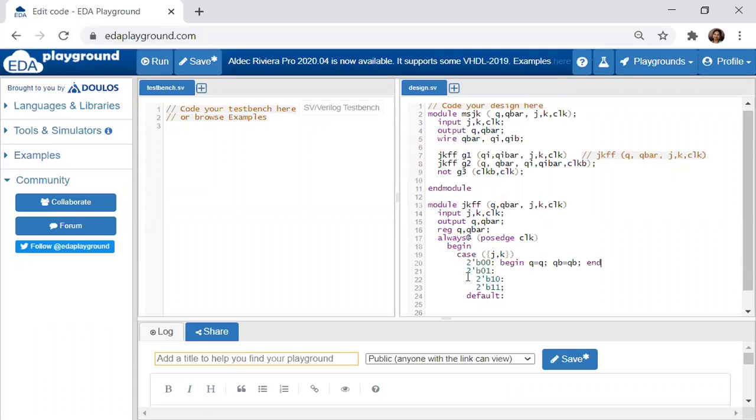Now when J is equal to 0 and K is equal to 1, what is my Q and Q bar value? You can write it in different ways. I'll write it like this, Q and Q bar. The variable names should be the same, Q and Q bar.